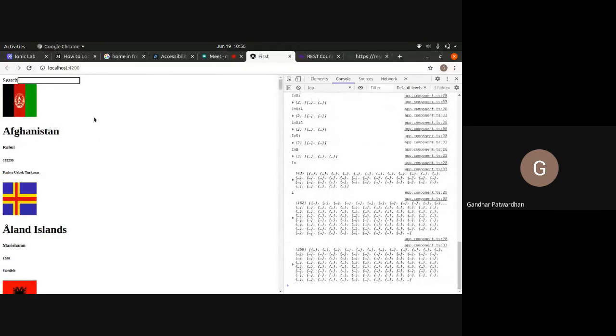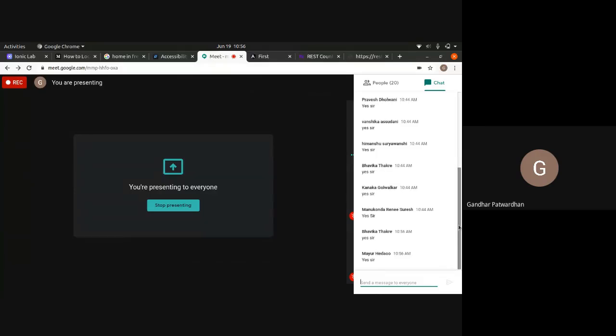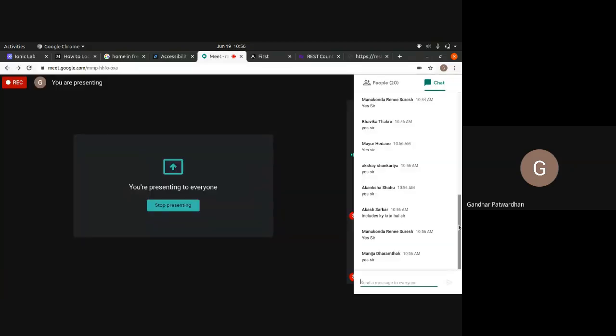Is it clear? What does includes do? What do you think it does? It searches for a substring inside a string.